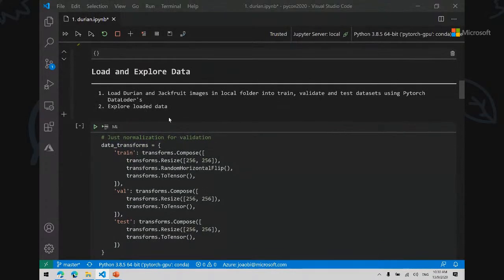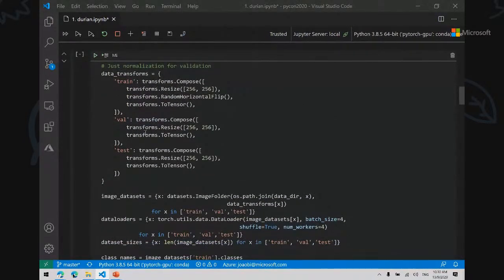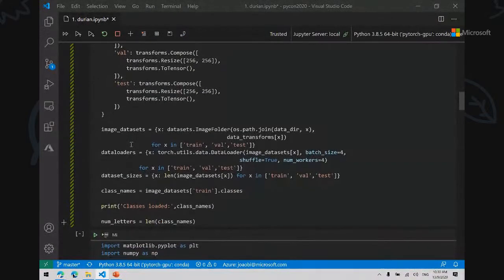So next thing we're going to do is load the data set. We're going to use the Python data loader, which is a really easy way to load our data. Immediately, the data will be loaded in 3 different data sets. One of them is going to be train, the other one is going to be validation, the other one is going to be test. We're going to train using the train data, validate each pass through the validation data set, and then in the end, we'll just have this previously unseen test data set that we can use to do some final tests.